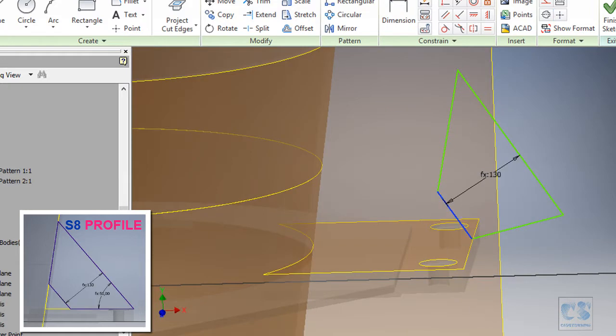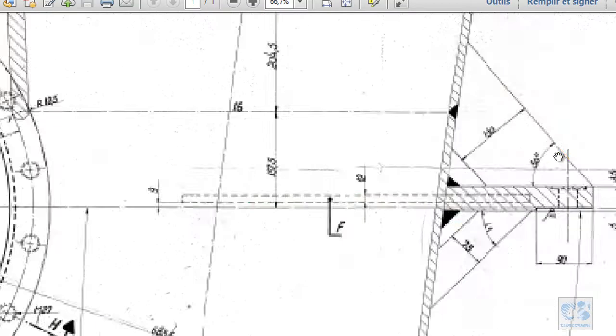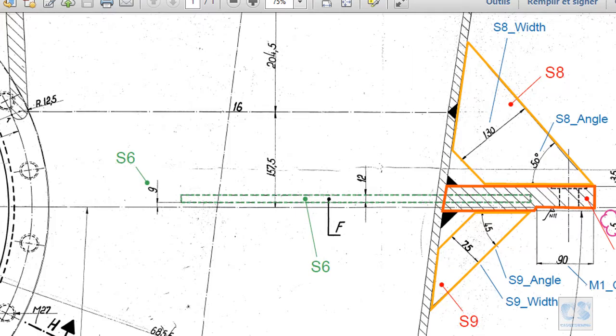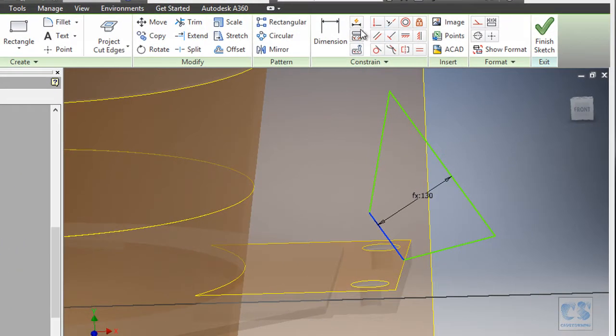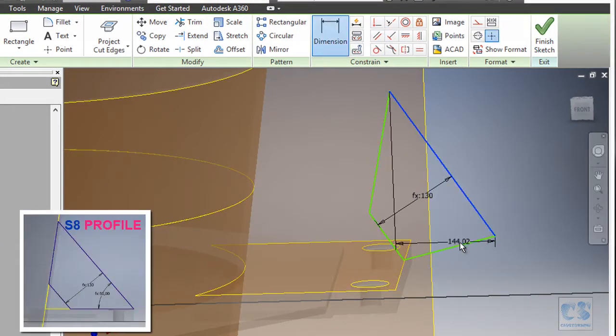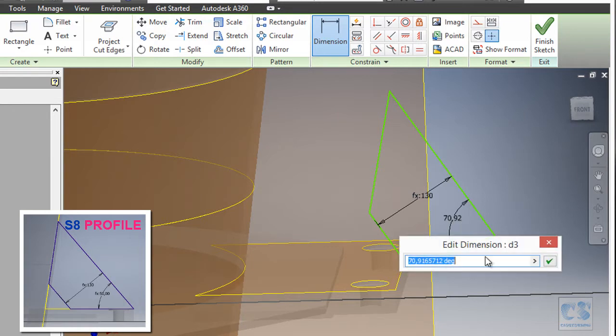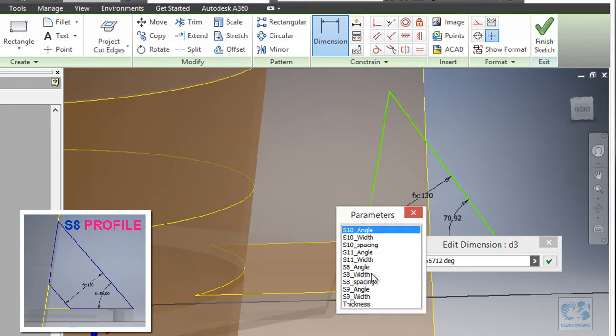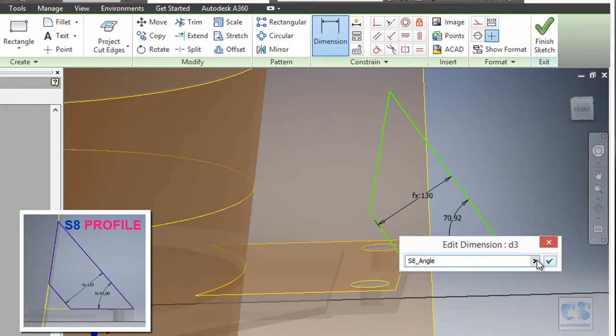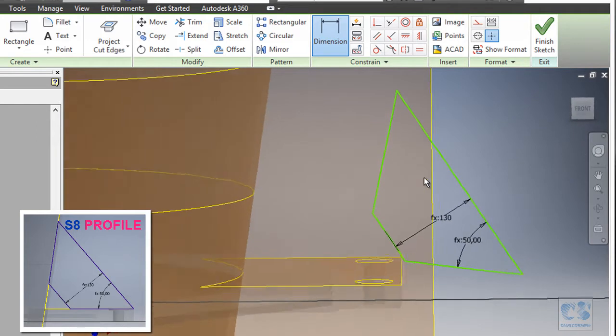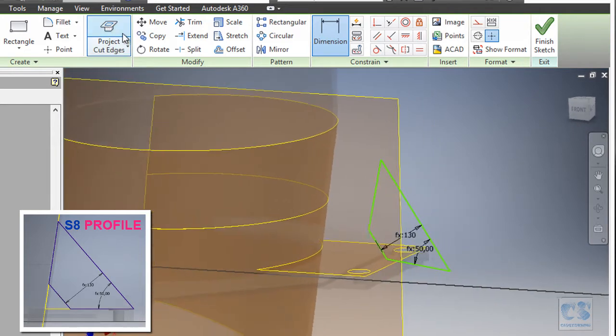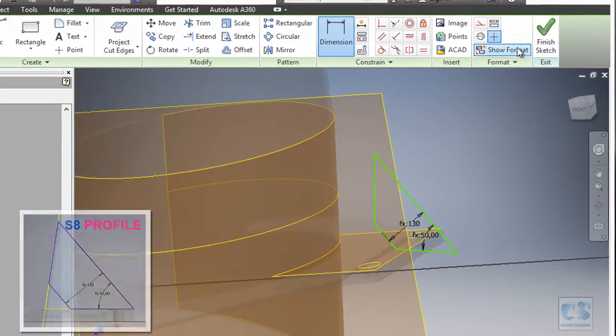Then the angle, let's see, from this to that, so we'll add this, and we want the value to be linked. So S8 angle, where is this? Okay, this one. And now we should use this cut edge tool, which is not working.